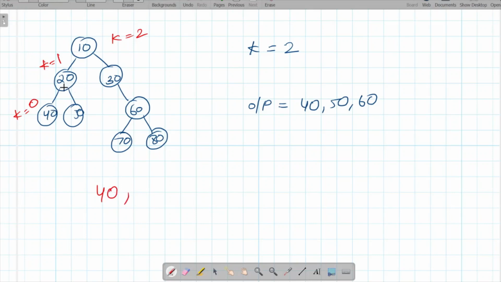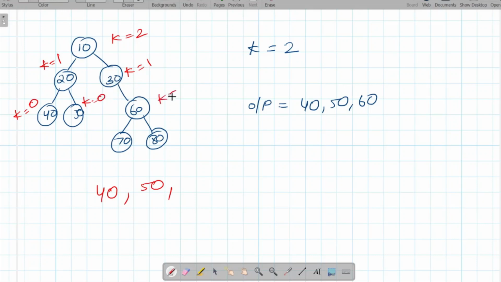Again the program execution will go back to the parent node, so it will come to 20, and it will again go to the child node. In this case also k value is 0, so it will return the root of the node. Again the program execution will go up and reach 20. So 20 is now processed, and now the execution will go back to 10. So the left subtree is processed. Now we will move towards the right subtree. In this case k value is 1 now, so again it will call for the left child, but it does not have any left child, so it will move towards the right one.